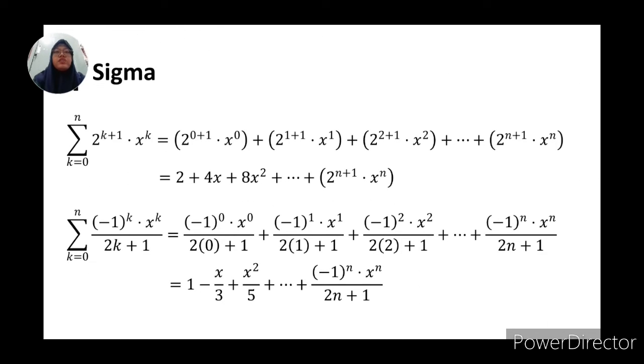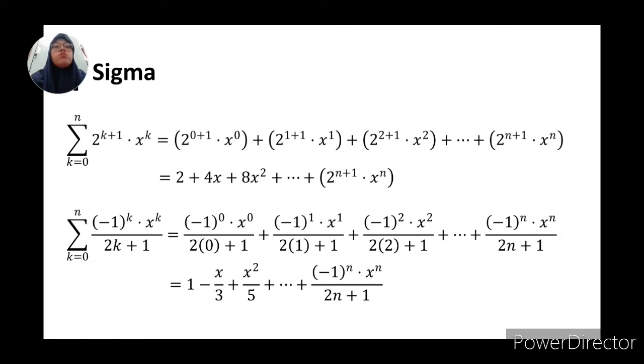The fifth question is about sigma. The sum of 2 to the power of k plus 1 times x to the power of k, goes from 0 to n, equals 2 to the power of 0 plus 1 times x to the power of 0 in the parentheses